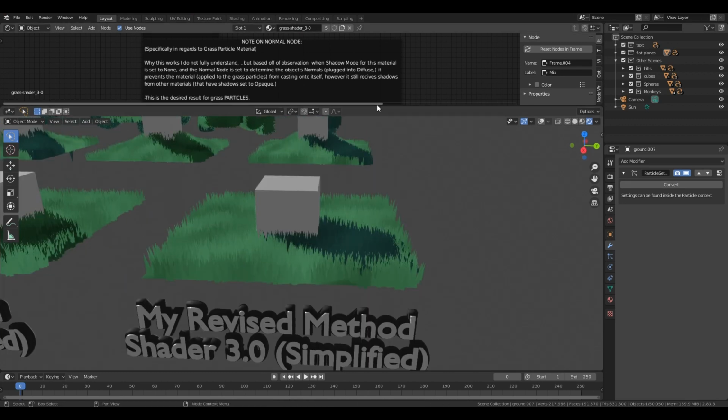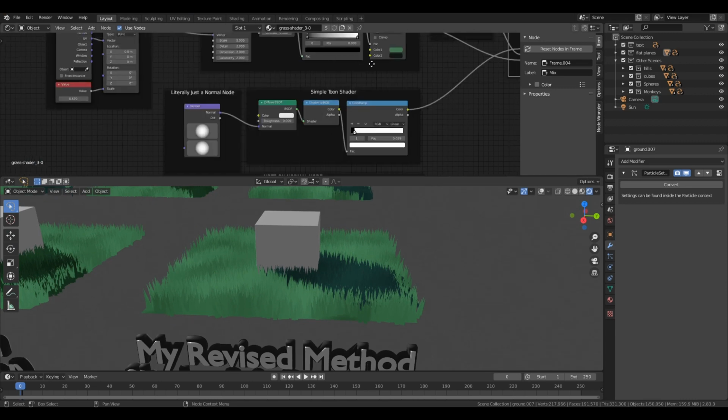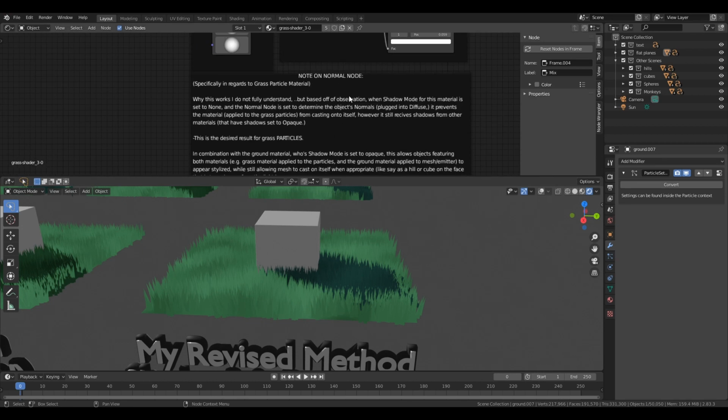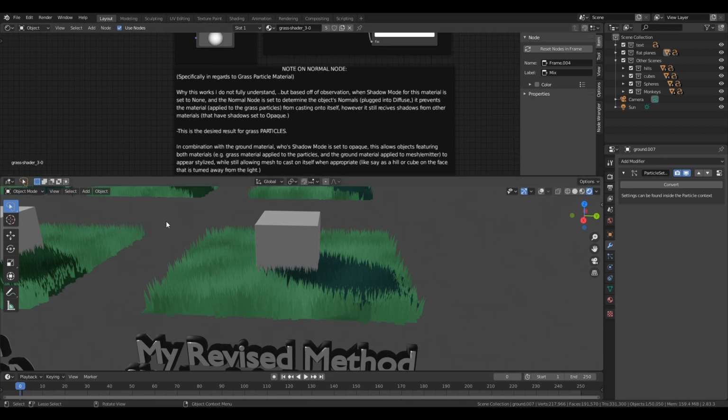Now, I'm sure a lot of you are wondering, how does this even work? Why is it that this one node makes all of this work? And I myself do not fully understand. As I wrote it all down right here, I do not fully understand how this works. However, based off of my observations, based off all of the research I've done and experimentation, basically the conclusion I